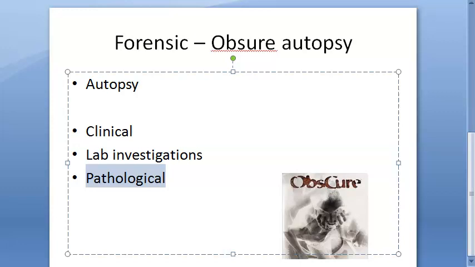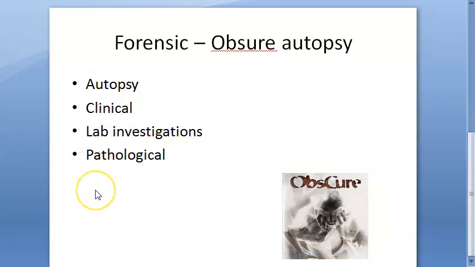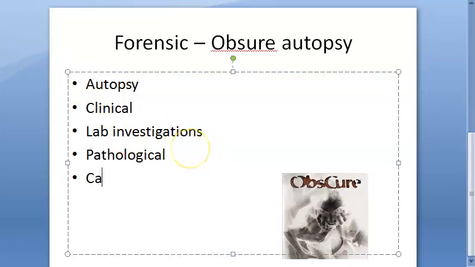Now they are saying, why can this happen? Obscure autopsy, why can it happen? So basically, usually 20% of postmortems can remain obscure. You don't know why it happened. And usually it is in young people, why a young person died, right? So that becomes a question mark. So what are the causes? They are saying the causes will be like,